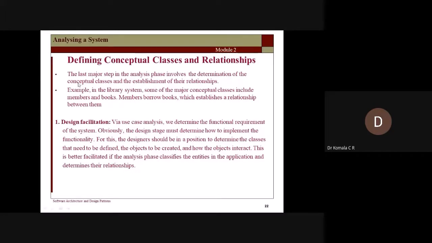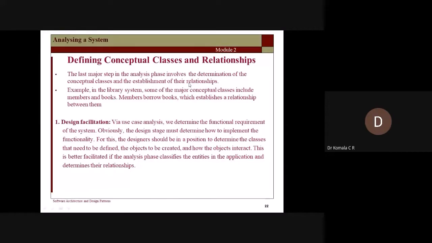Conceptual here means it is an idea or an object. What the class is going to do with the corresponding object is called conceptual classes. That means you are going to build a relationship between different participants and establish their relationships. Say, for example, you take a member as a user, a customer who is going to avail the library facility. With respect to the library, what are the relationships to be built?